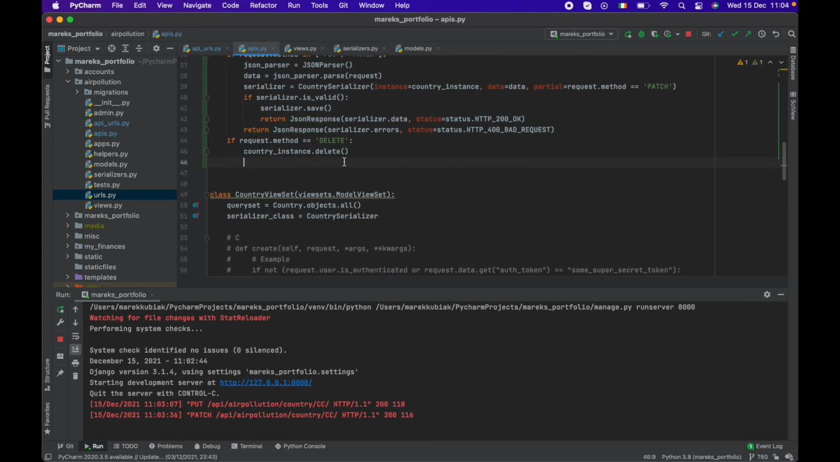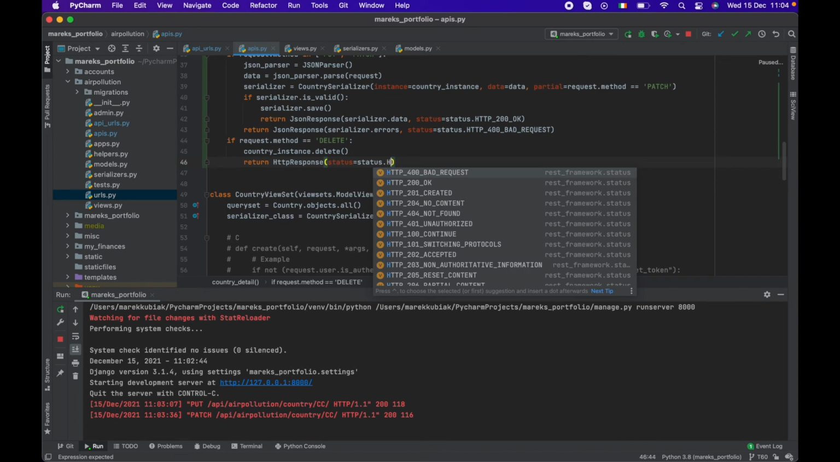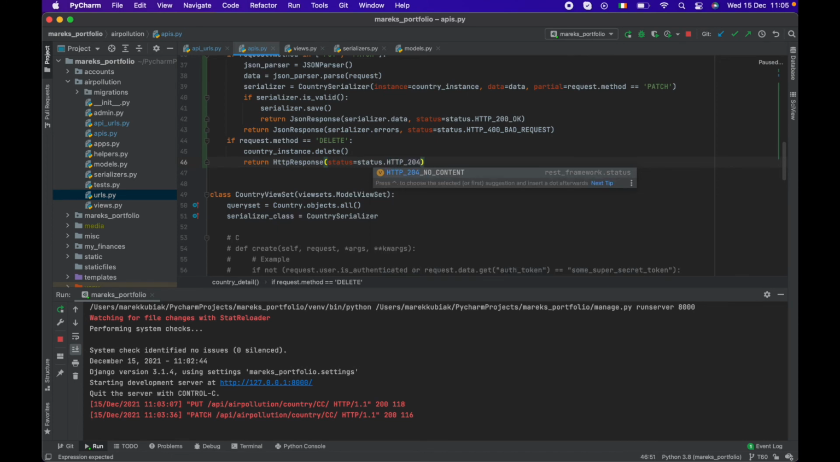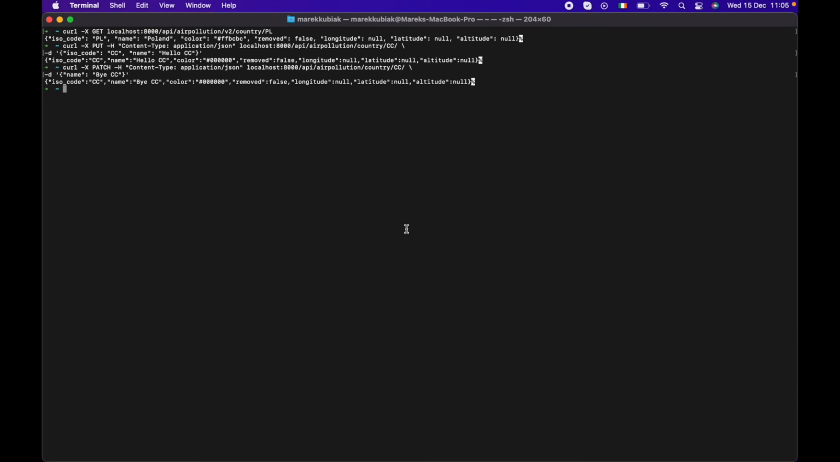And in here, I'm gonna just turn HTTP response status, HTTP 204, was it? No content. Okay, that means the content has been deleted. And if I try that, oops, did I refresh? Let's just refresh quick. Curl